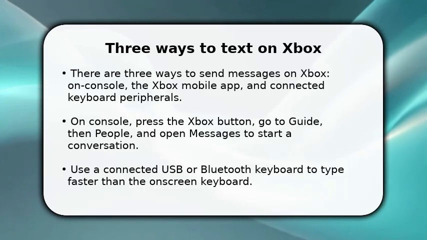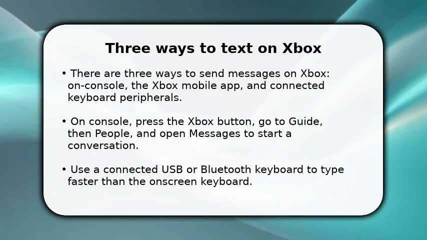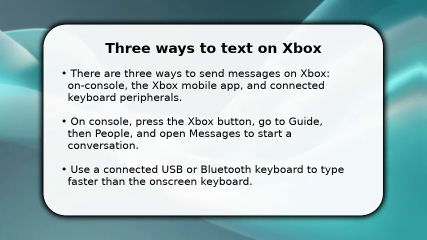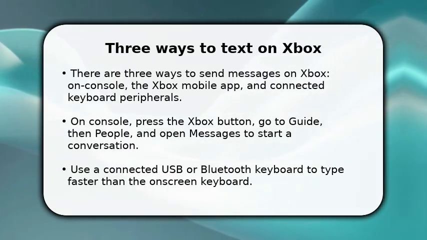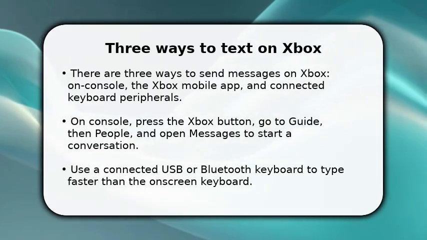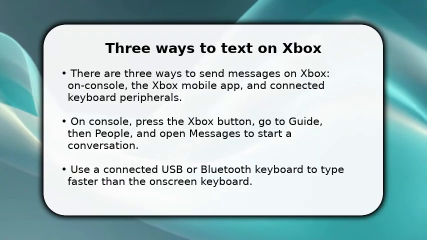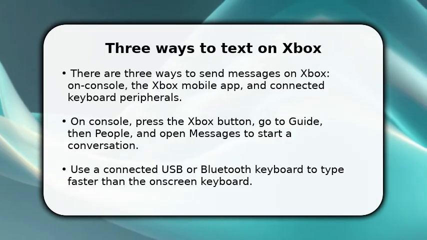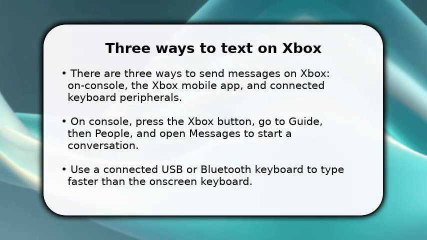Enjoy the video. There are 3 ways to send messages on Xbox: on console, the Xbox mobile app, and connected keyboard peripherals. To message on console, press the Xbox button, go to Guide, then People, and open Messages to start or continue a conversation. The on-screen keyboard appears automatically, but a USB or Bluetooth keyboard types faster and supports punctuation